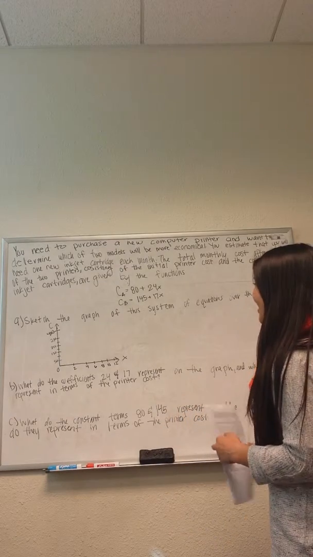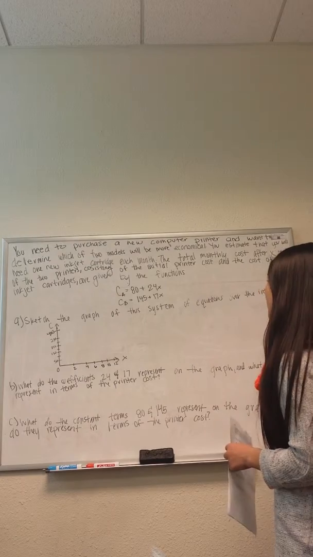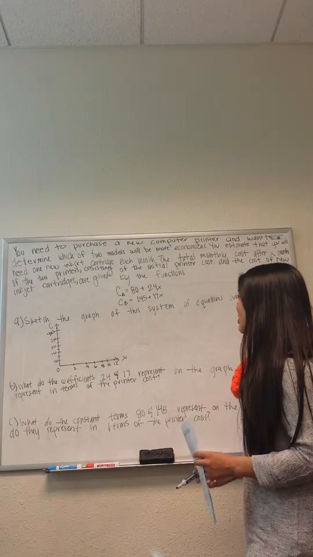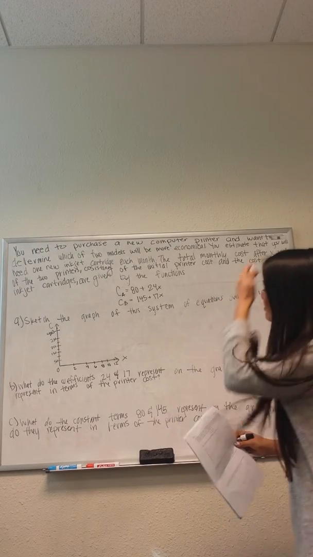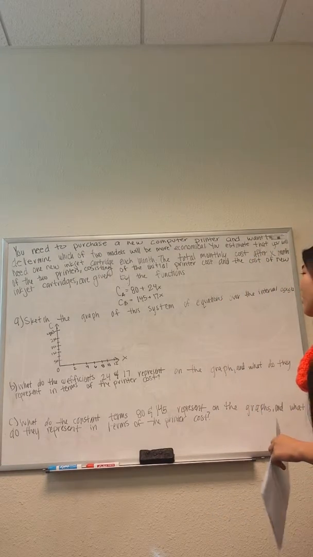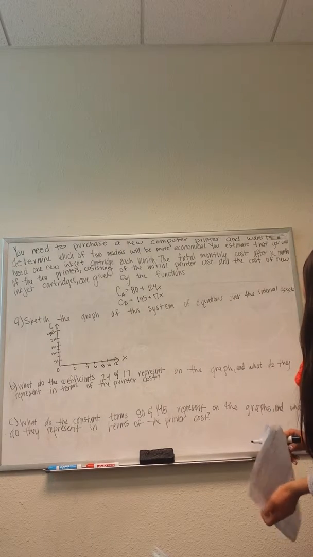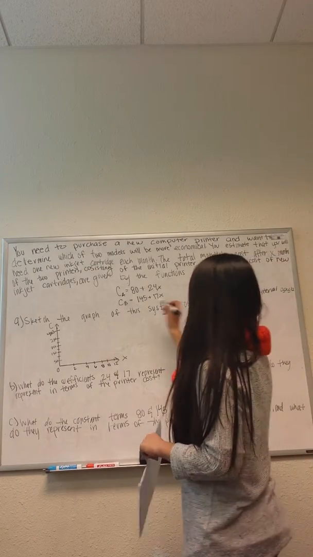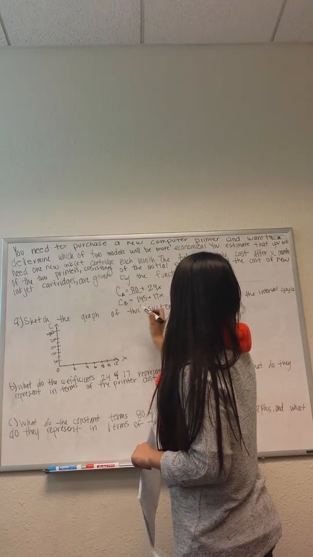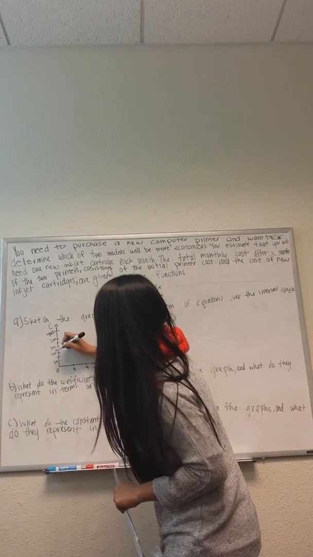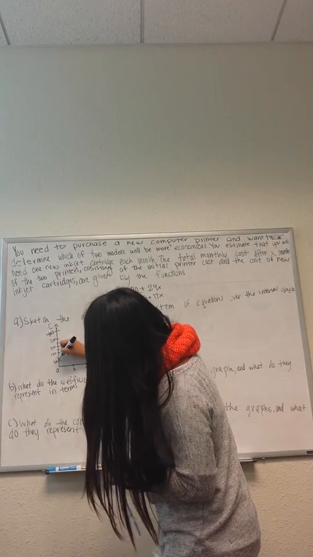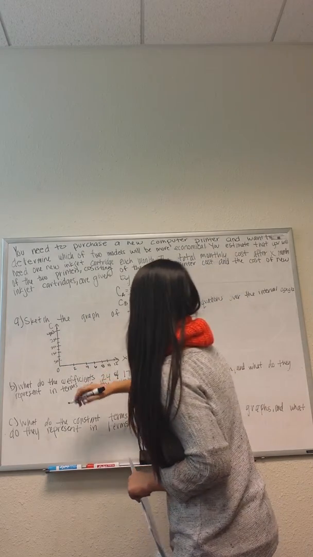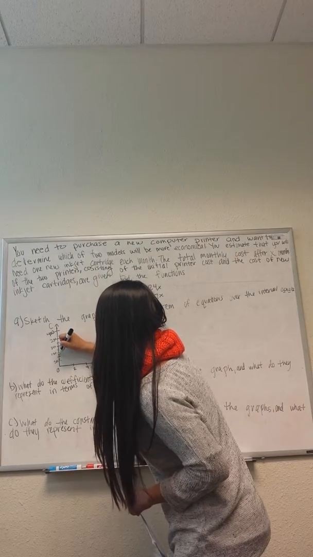of the new inkjet cartridge are given by the functions CA equals 80 plus 24x and CB equals 145 plus 17x. So part A says sketch the graph of the system of equations over the interval 0 and 12. So since CA starts at 80, you would plot it about here, and CB starts at 145. So you would plot it